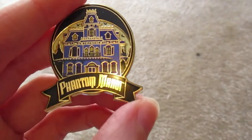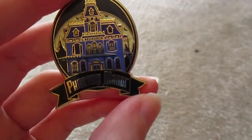So one of my best friends, Carolyn, her birthday is this month, and she and I both have this same pin. We did not buy it together. She did not know I had this pin when she bought it, but we have this identical pin. Her birthday is this month, so it's going to be the month of May pin, and it is this Phantom Manor pin. Now, for those of you who don't know, the Phantom Manor is Disneyland Paris's version of the Haunted